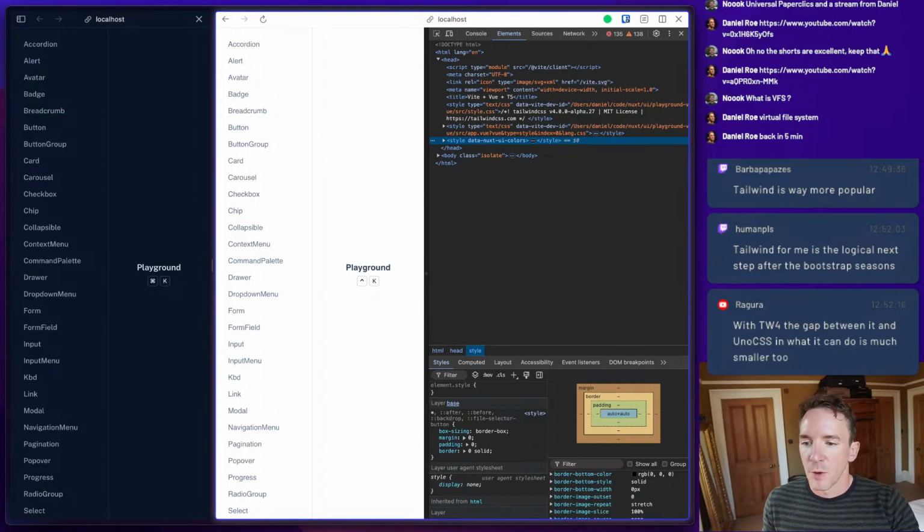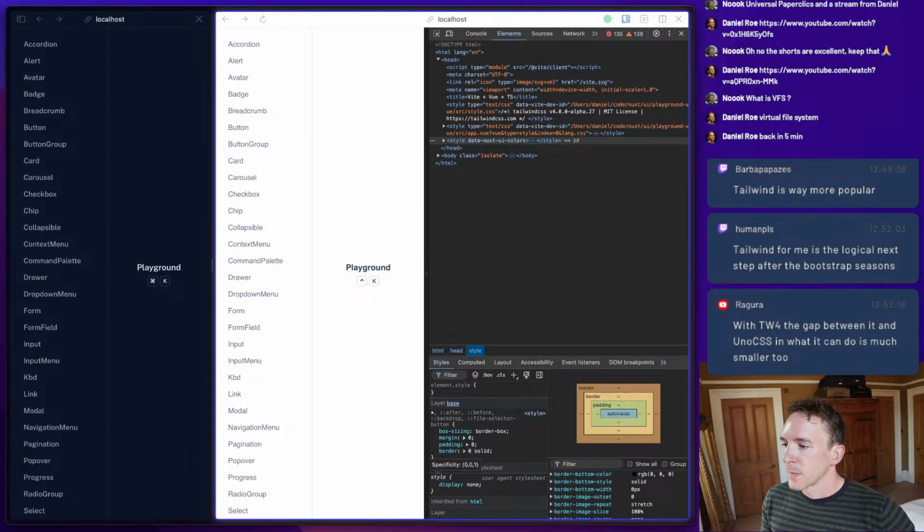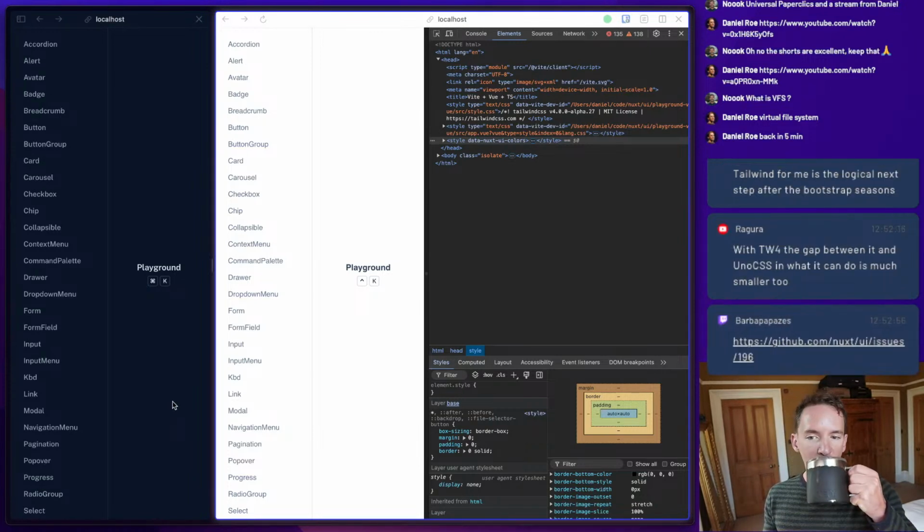Hello, I'm spotted. Foji, yes, I often use Uno, honestly. I love it. I think it's absolutely fantastic. But yeah, Tailwind is more popular, and it's a better way probably to distribute a library that you want absolutely everybody to be able to use. But it is a pain, and I have definitely not used it for a project because I wanted to use Uno, but still doesn't mean Uno is the right choice for Nuxt UI.